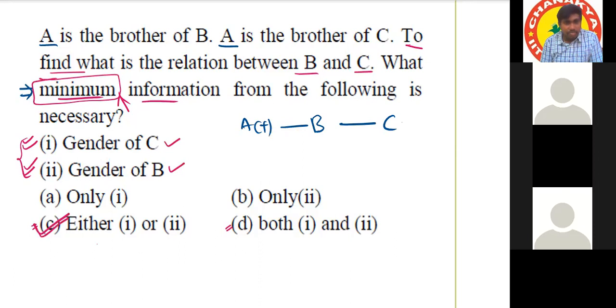Okay. If minimum is not there in the question, then we can go with option D also. Yes, sir. So then both will be right, right? Then both will be correct. Okay, sir. In that case, no. To get the relation between B and C, if minimum is not mentioned, option D only. Sir, we need both genders, because we need the relation with each other.